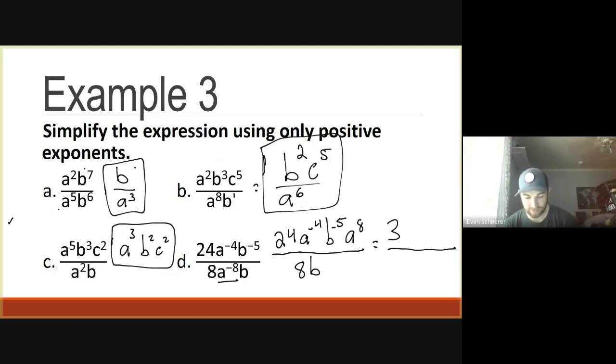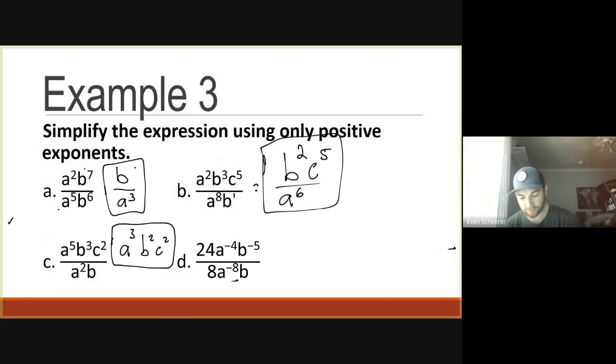Let's look at the B's now, right? So B to the negative 5th and B, you know what? We're going to try this a completely different way. Let's do this a completely different way, guys. I have an idea. I was going to do one way, but I like a different way more. So what we're going to do instead,